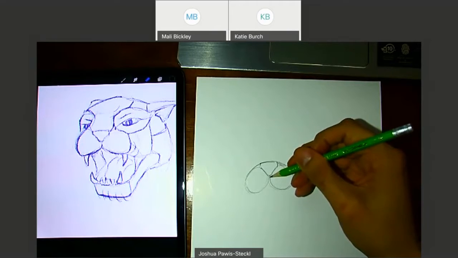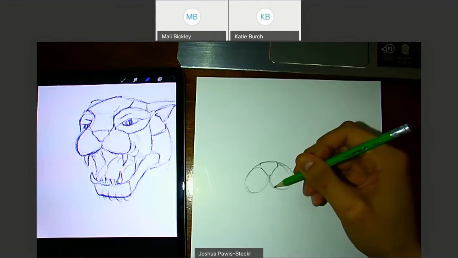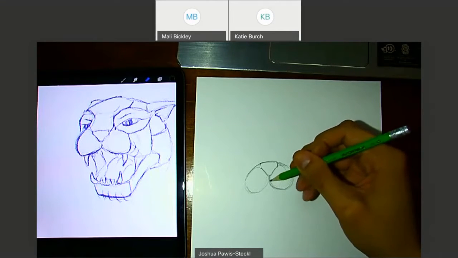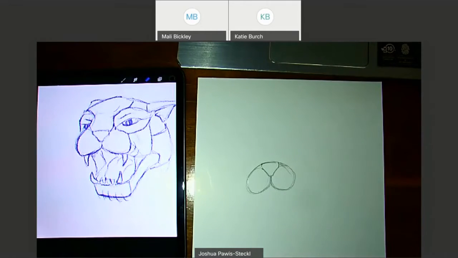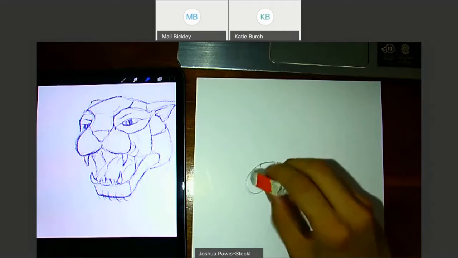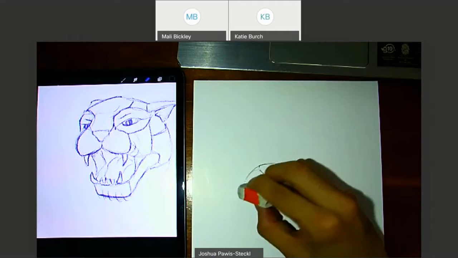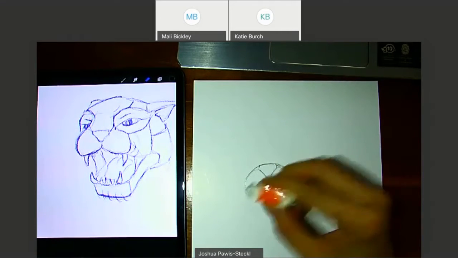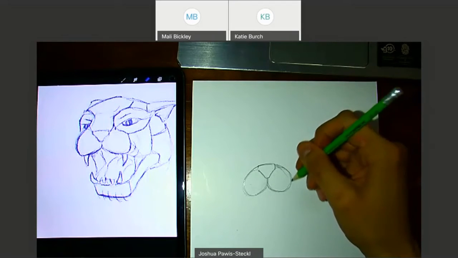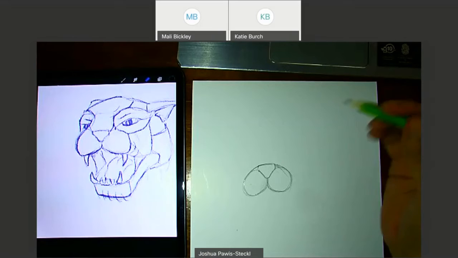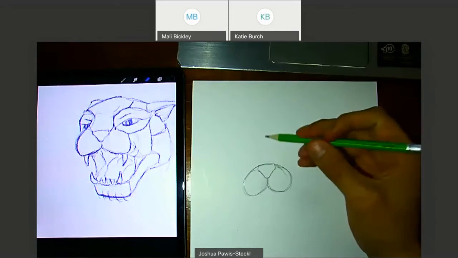Yeah, and you could even alter the shape just slightly as well, because it's not perfect. They're not perfect circles. You can just add some little dents where they need to be, to give it a more natural shape. So yeah, once you got that done, we could start with just the bridge of his nose,